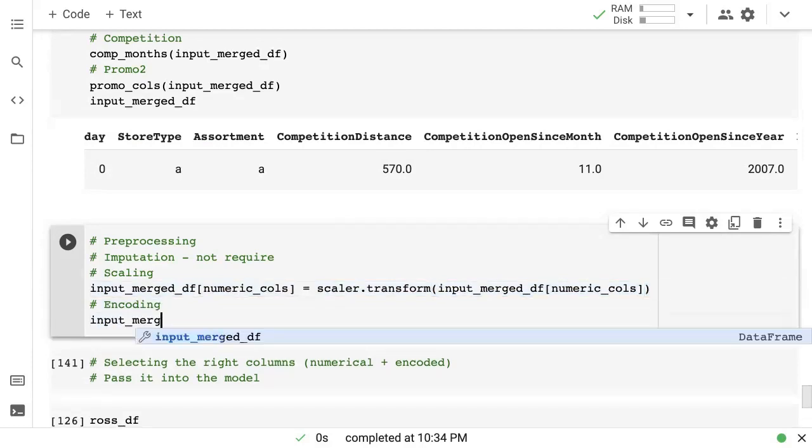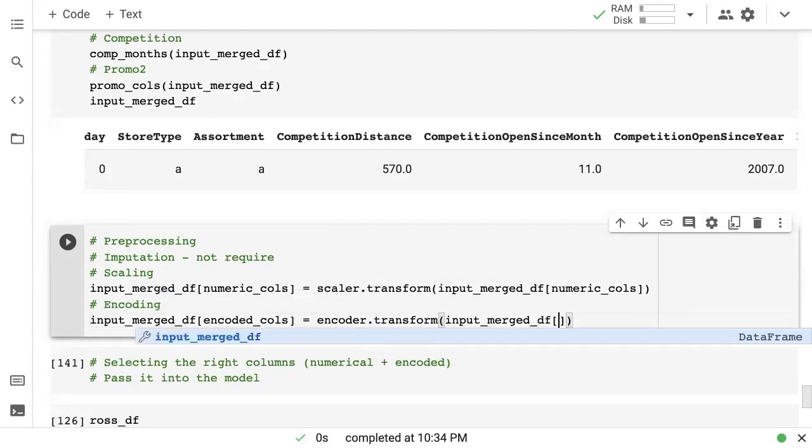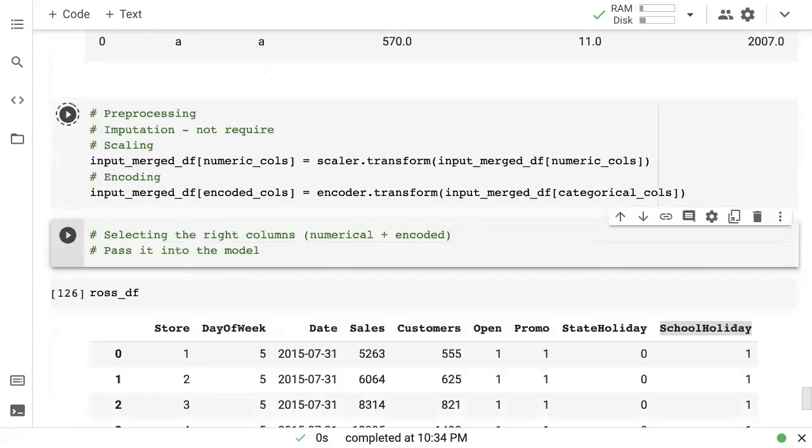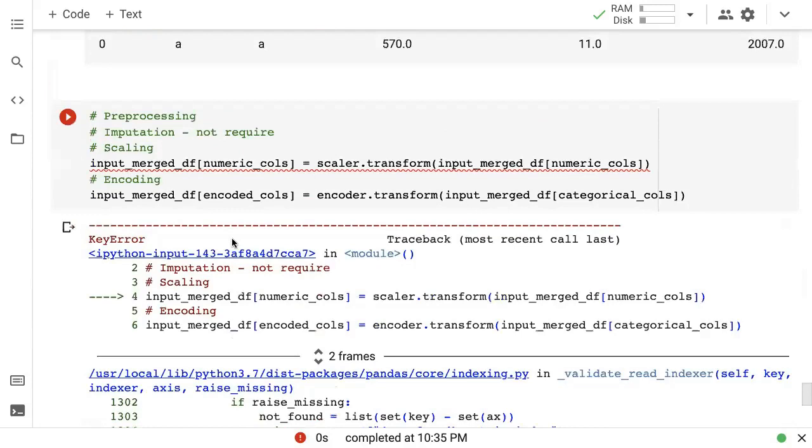So input merged df encoded calls. So remember the encoded columns, we have already saved the names, and we say encoder dot transform input merged df categorical calls. Okay, so that is the imputation and the scaling.